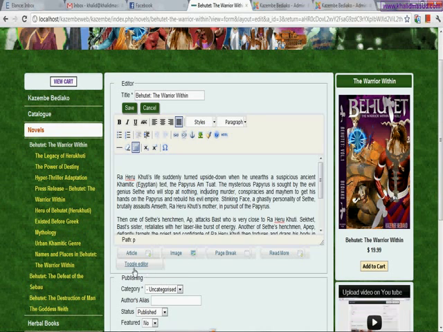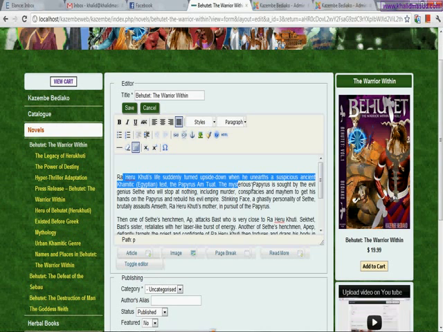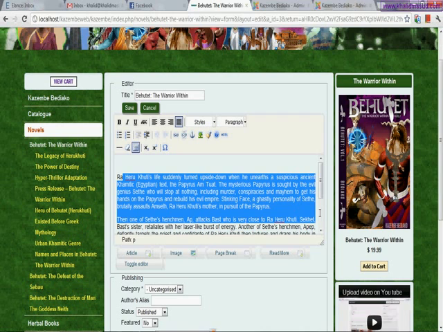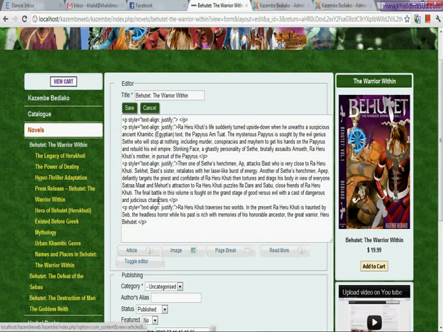There is a button here, you can see, toggle editor. If we want to see in what format that text has been stored on our web server, rather than in a user friendly manner, you just click it. Now you can see that there are a lot of special codes or special lines written here.